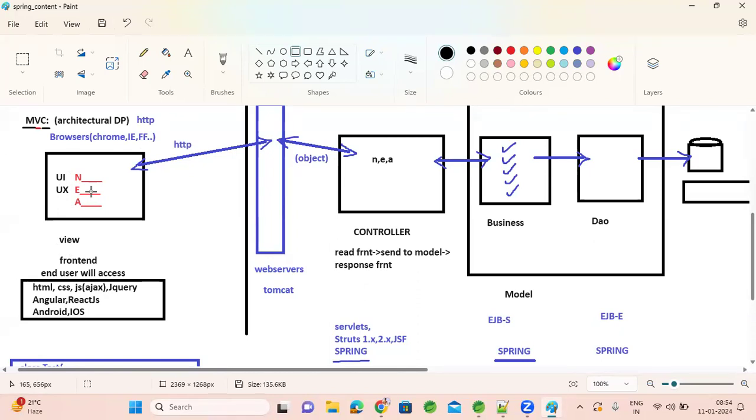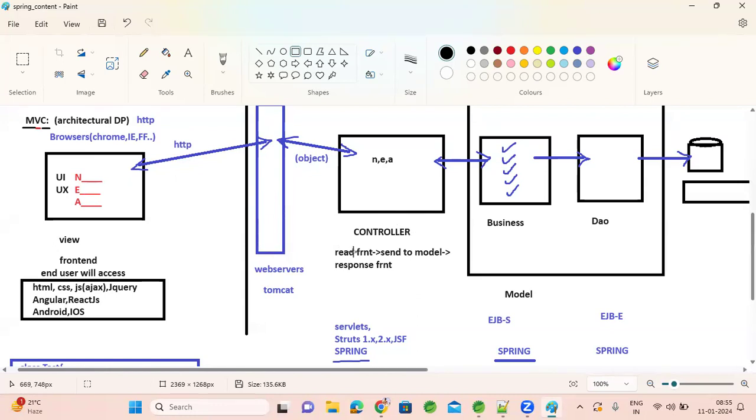So whenever we submit a front-end request via HTTP protocol, backend web servers will help us decode the HTTP protocol data and exchange it to your programming language, whichever you use, Java or .NET, whatever it is. This protocol data will be converted in the form of objects and shared with your controllers. Controllers are all Java classes, if we talk in Java. So we will implement one Java class here for controller purposes.